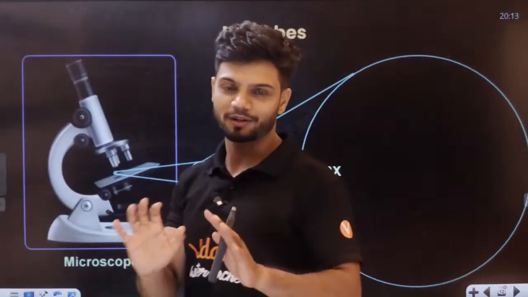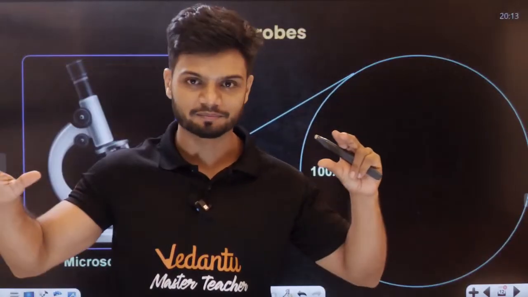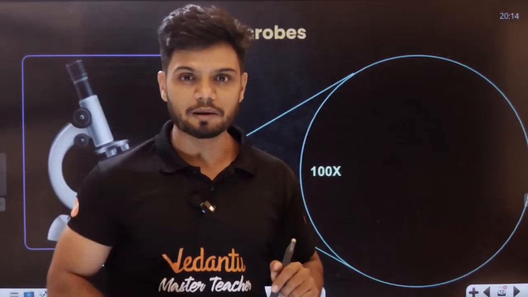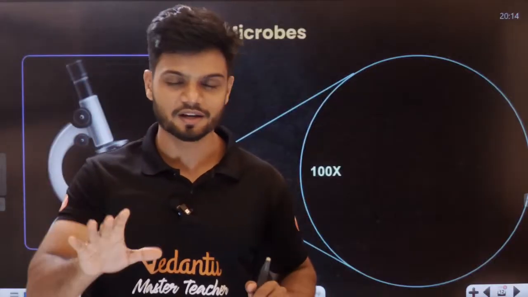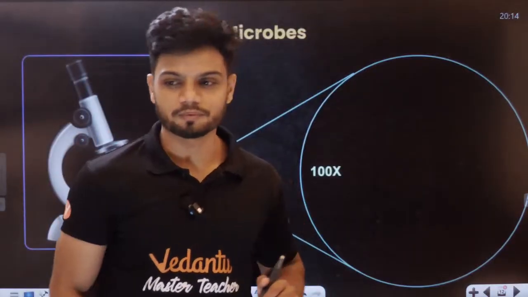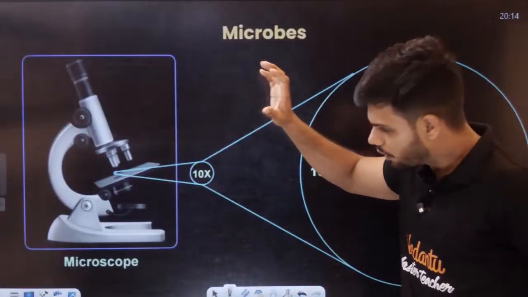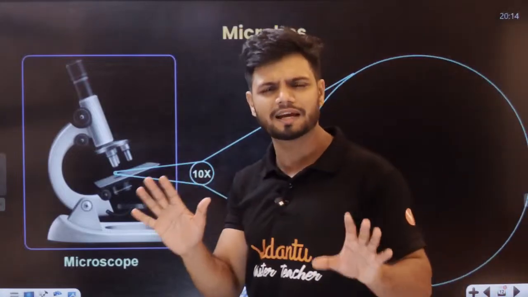Okay, now students. So we have established microbes are small, microbes are present everywhere. That point is clear to all of you? Now let's do a small experiment. I want all of you to become scientists now. I will give you a microscope. Okay, don't break it, students. Now in this microscope, in 10x, we might not be able to see any microbe.